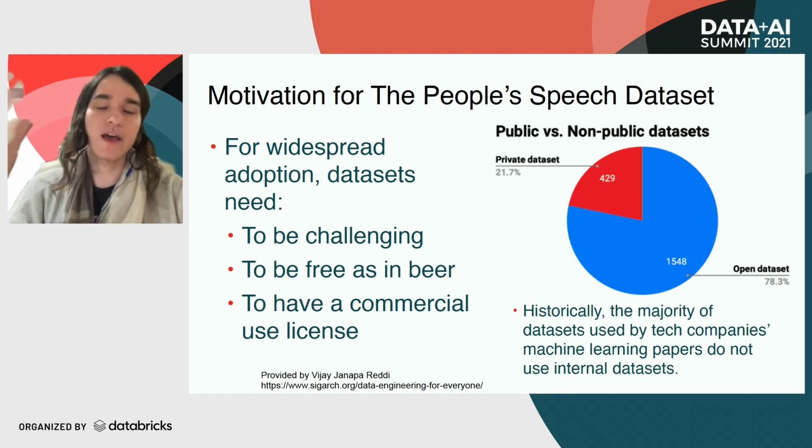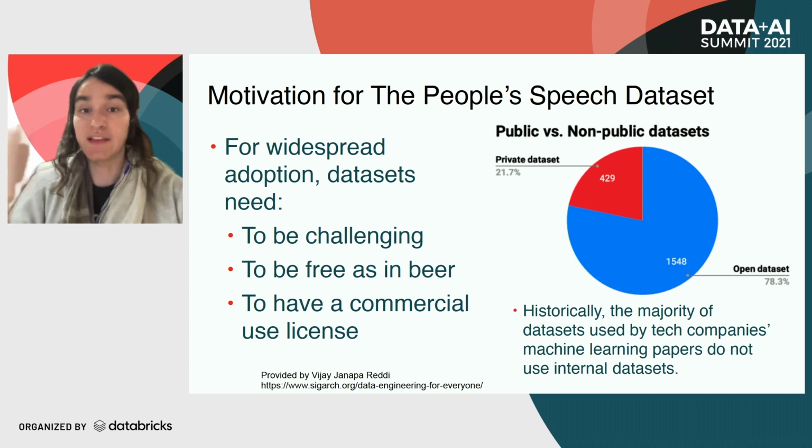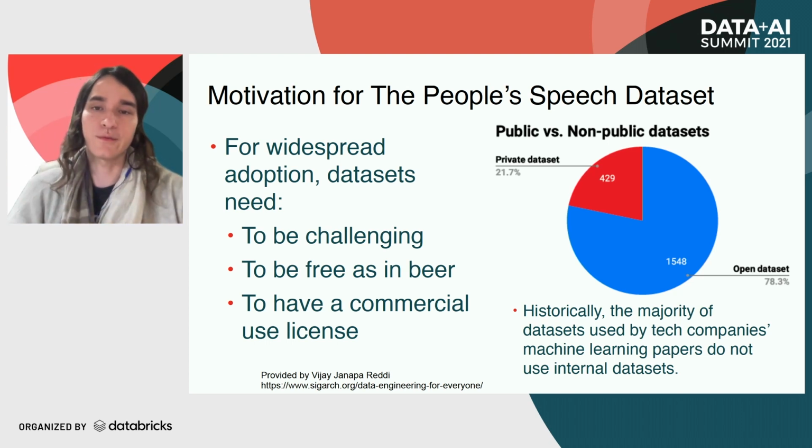But you can automatically detect those sorts of things actually in the HTML tags of web pages. And that's actually how we got the underlying data of the People's Speech data set. The pie chart to the right basically shows that even in industry, most research papers actually use public data sets. And that's because even though you may have a big group inside your company doing, say, speech recognition research, if you want to communicate outside your company, you can't use your internal data sets. So even within industry, there's a big bias towards open public data sets.